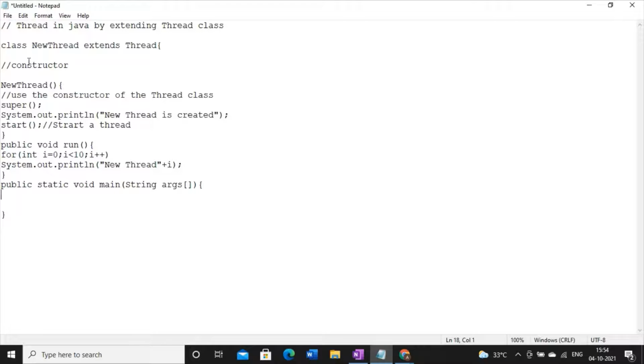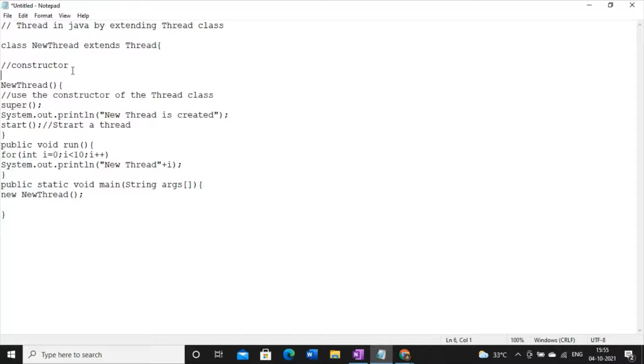Instead of writing this, I will explore the concept of anonymous object, meaning I'm not going to write this one. Why am I doing this? Whenever I write new and then the name of the subclass, it will execute the constructor of the new thread class.